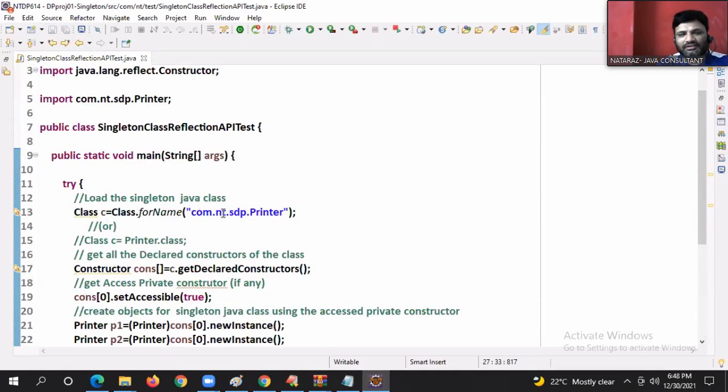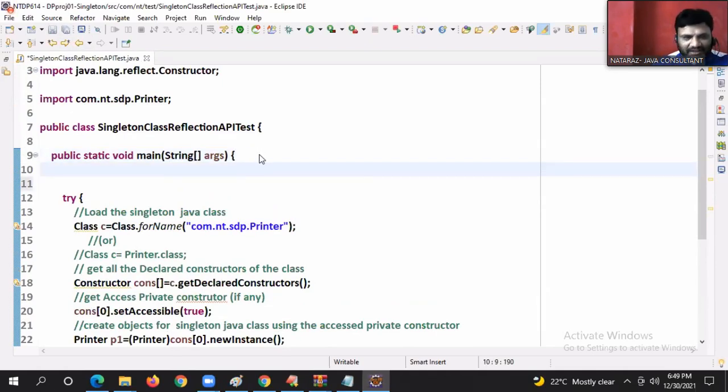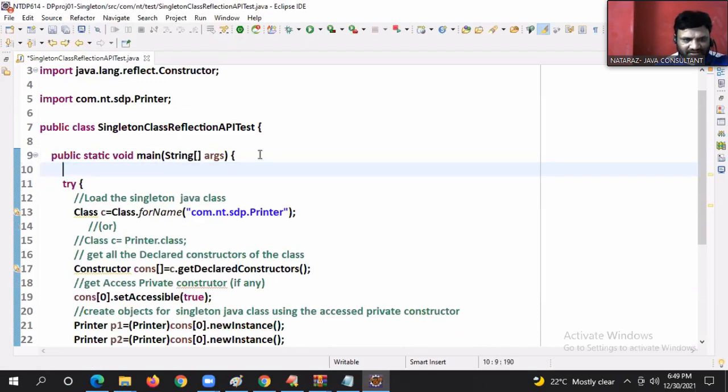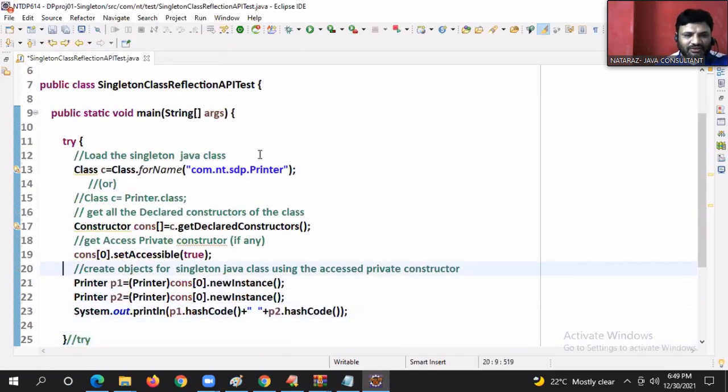Fine, I think you got it. As usual, you can create the first object, boss. It's not that you cannot create the first object. You can create the first object, and after that we can create other objects also. Here I am creating my first object, guys. Printer p is equal to Printer dot